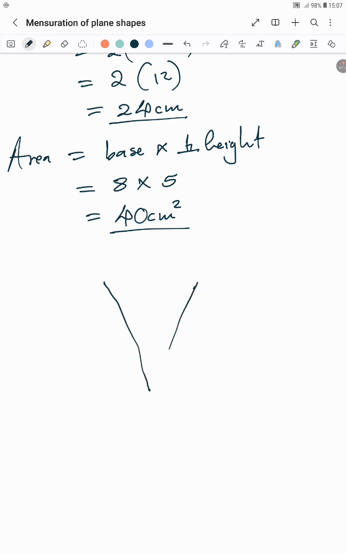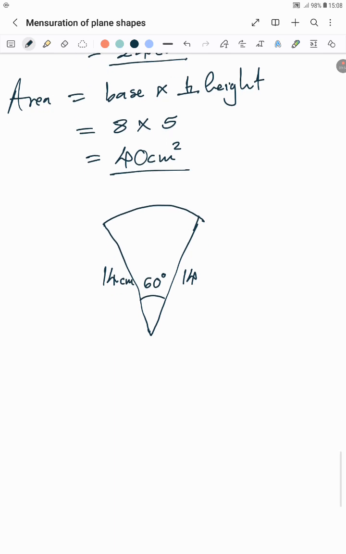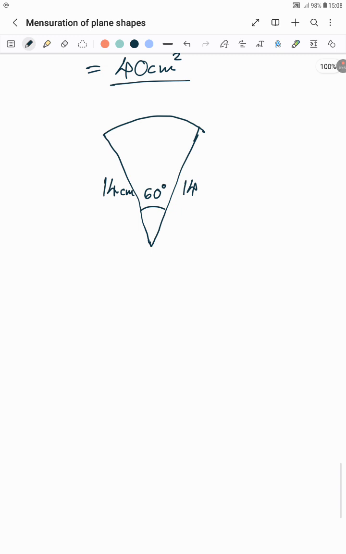the perimeter of a sector. A sector is just a fraction of a circle. So what we are saying here is, if we have a sector and the angle of that sector is equal to 60 degrees, and this side is equal to 14, and this side is equal to 14, you can be asked to find what the perimeter of this sector is. So we are saying perimeter of sector